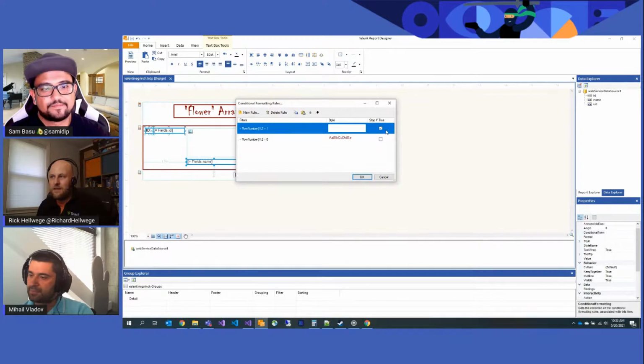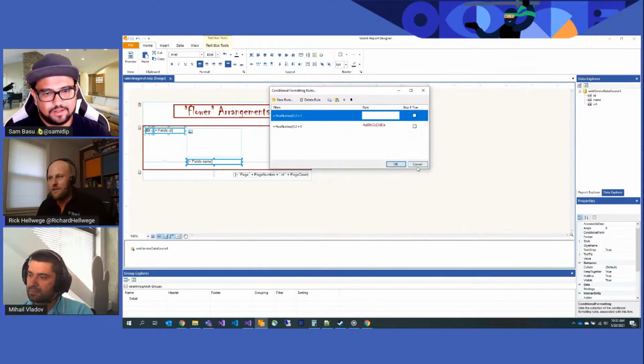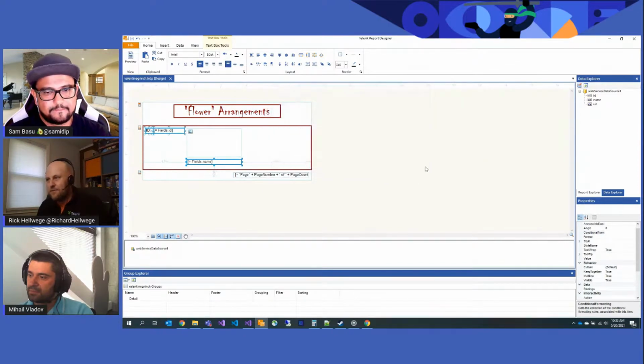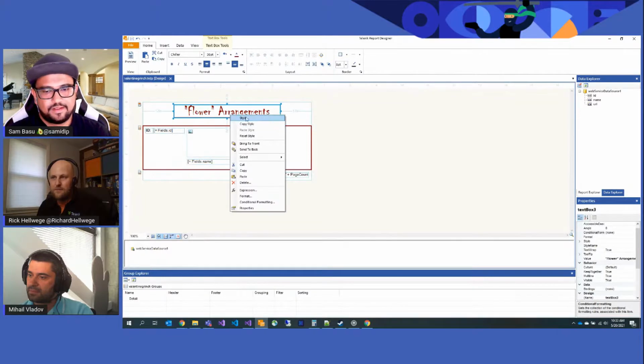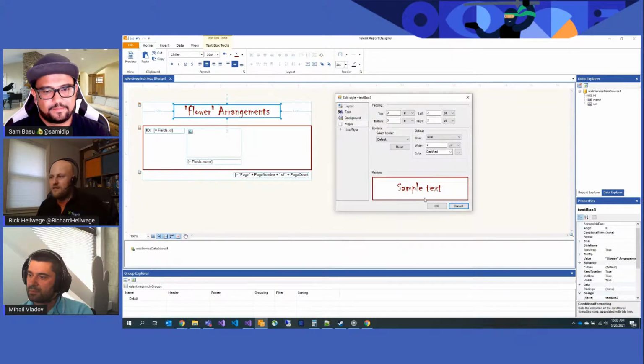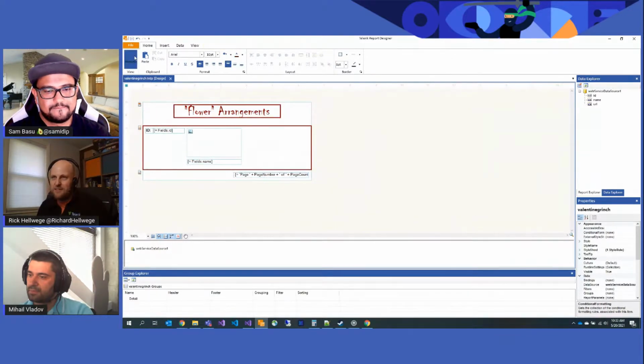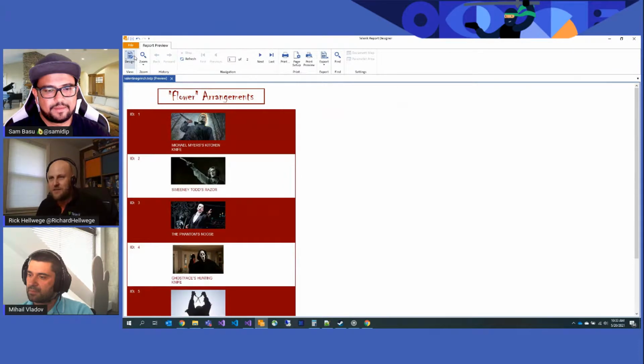If I had checked one of these boxes, since this one is true, it would stop and not cascade to the next one. There are situations where you would want that. And other than that, it was all just playing with different styles. Right click, go to the style, select your text and your fonts and your colors. I put some borders around things, and just messing around really. You can get something that looks kind of neat.